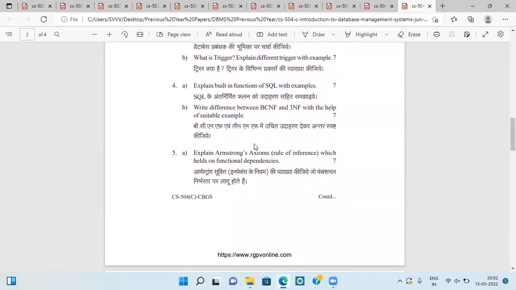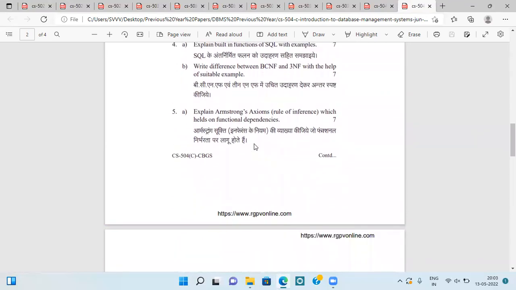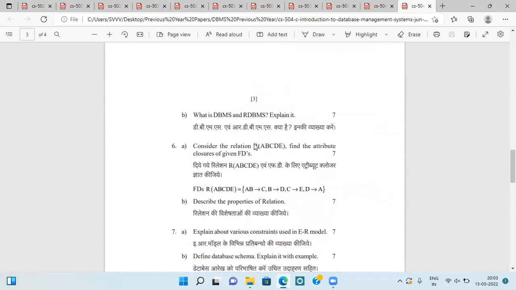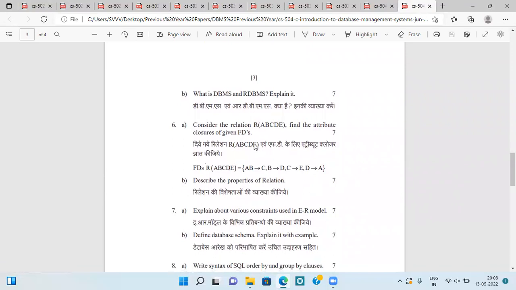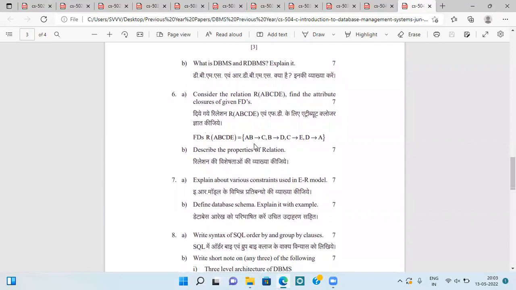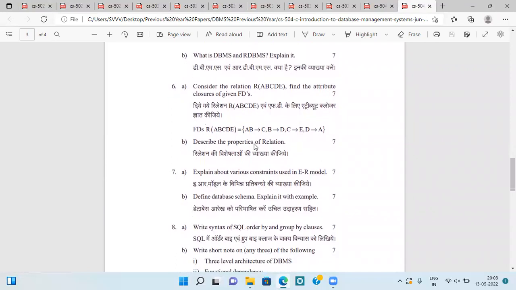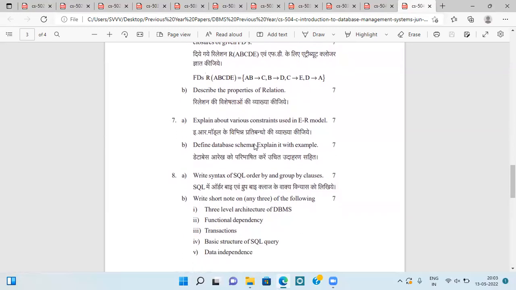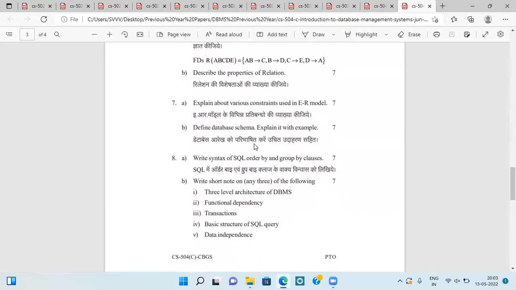differentiation between BCNF and 3NF with the help of suitable example, Armstrong axioms, that means rules of inference को explain करना है, और जो कि functional dependencies में होता है उसको explain करना है. Then DBMS और RDBMS में difference, एक relation given है, then we have to find the attribute closure of the given FDs, then describe the properties of relation, various constraints used in ER diagram,